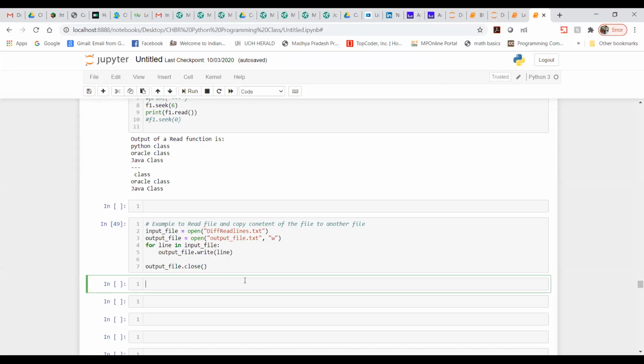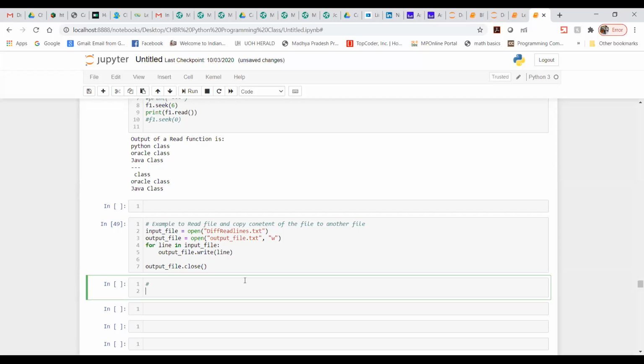I have one problem which I faced somewhere, I don't know where, and I have taken that problem for you all. Let me share this file. Here the statement is we need to use dictionaries to count the occurrences.